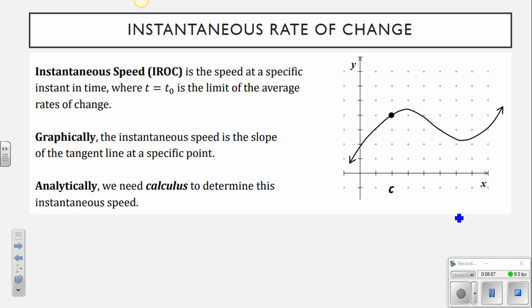And that's going to be the limit of the average rates of change. So that's this idea of finding how fast that curve is changing at a point. Okay, and that's the idea of a tangent line. The rate of change at one point. That's the whole idea behind the derivative. Remember, how many points do you need in order to write the equation of a line? 2. How many do you have here? 1. But now using this idea of a derivative, as the limit of the difference between those 2 points gets very, very small,